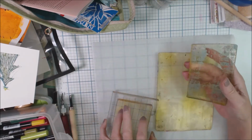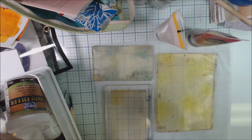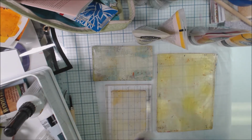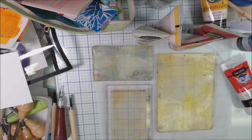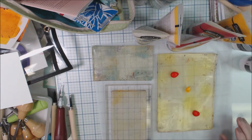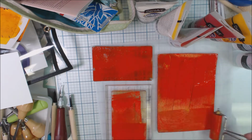If you know anything about these plates, they come from GelPress, and they have a lot of different sizes. I like to work with these smaller ones when I'm doing cards. There's a couple of 3x5 and a 5x7, and I'm going to pull out some Deco Art paint. These are the Deco Art Premier, I think. What are they? Anyway, they're not the Traditions. They're the better quality Deco Art paint, professional paint,